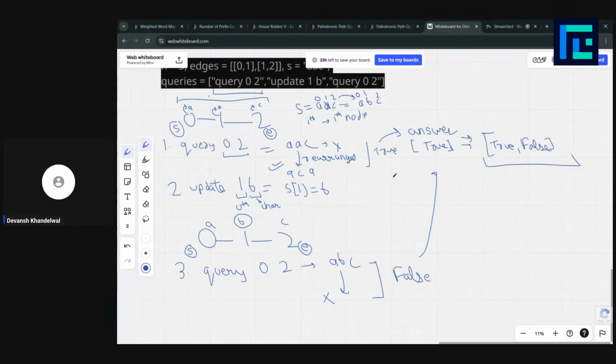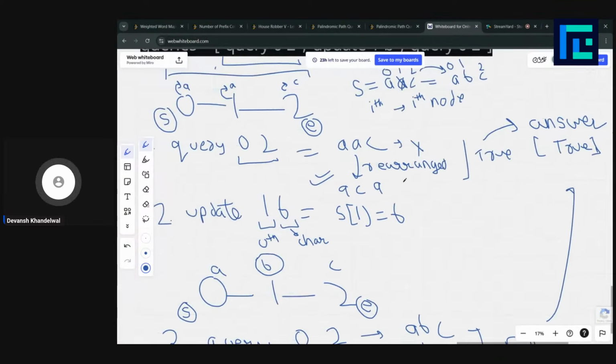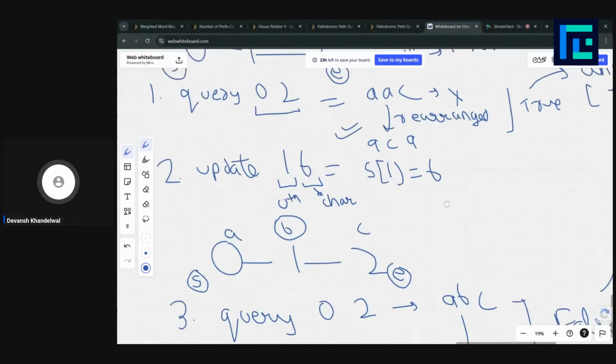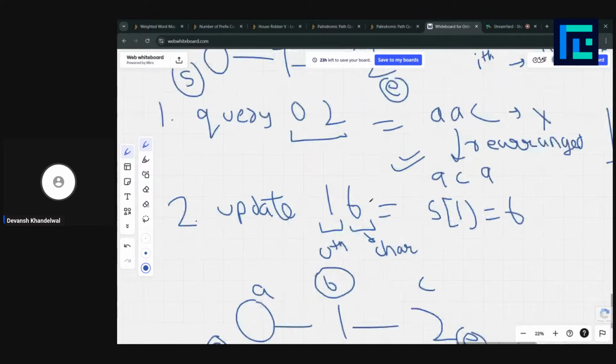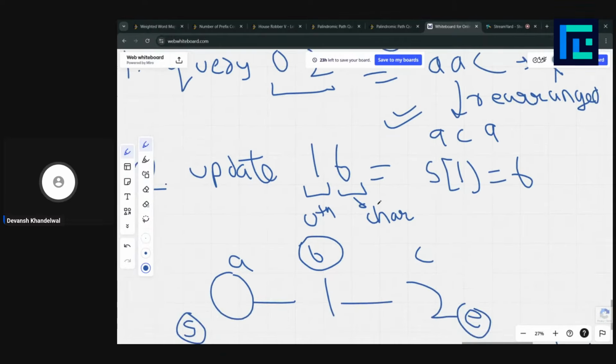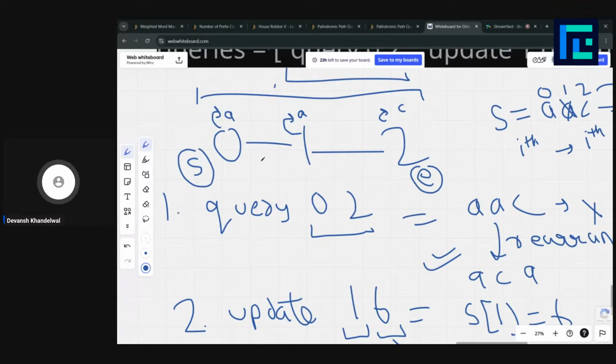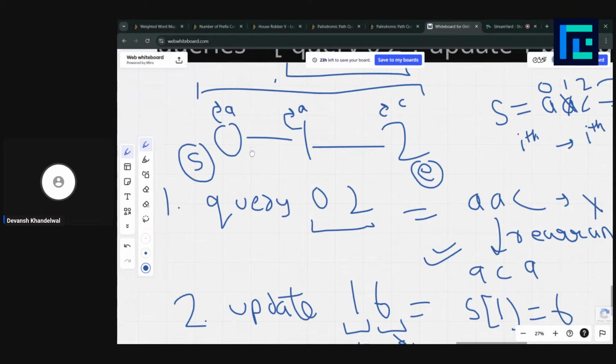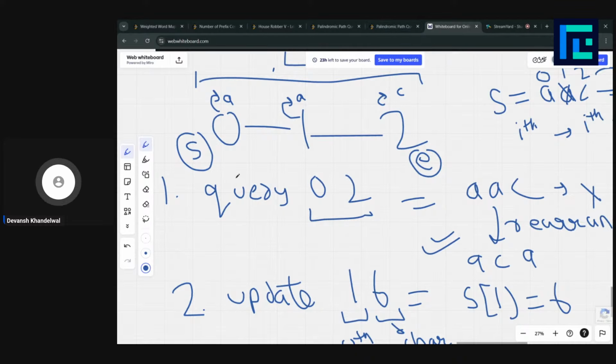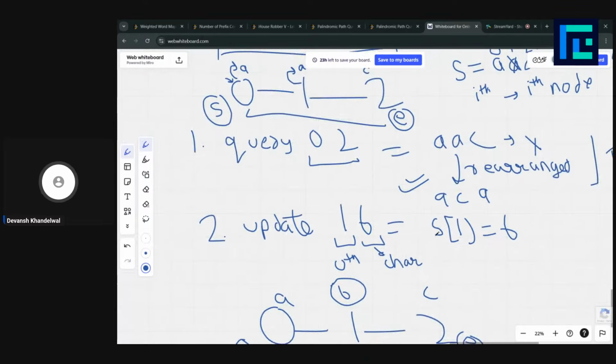So in this example, did you get anything? There are two parts. One is this query part and one is this update part. Let's simplify, let's start with this query part. How are we going to get all characters, what is the brute force approach? The brute force approach would be that every time we reach a query path, we would start from this index and maybe do some DFS or some BFS, then find this path and calculate all the characters. And similarly with update too.